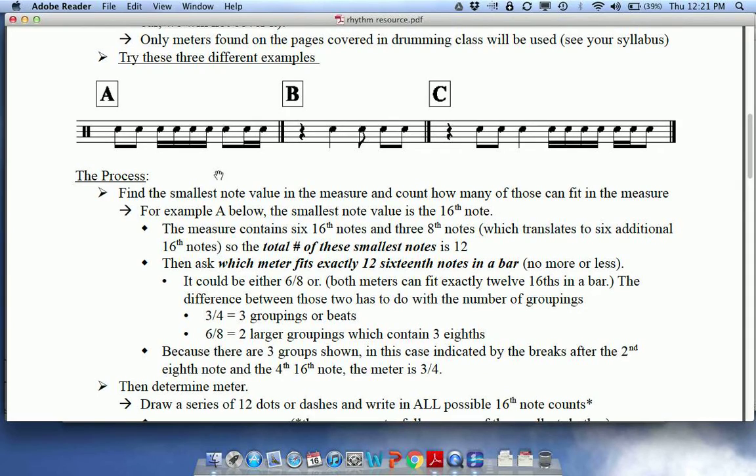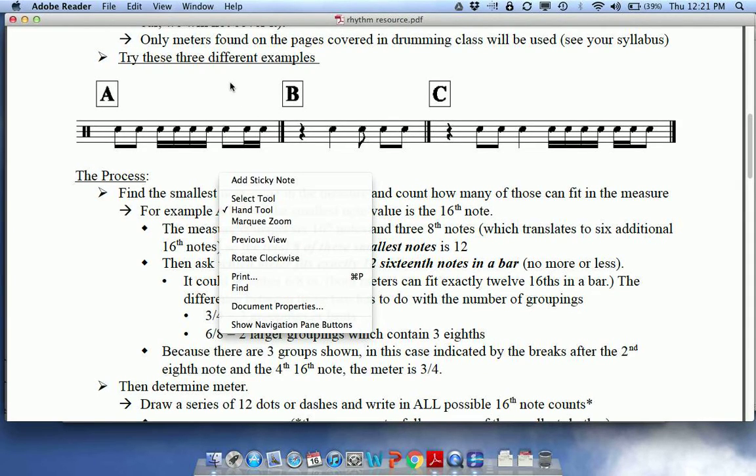screen size down a little bit. That's not letting me do it. See, even at home I have trouble with the computer. Okay,